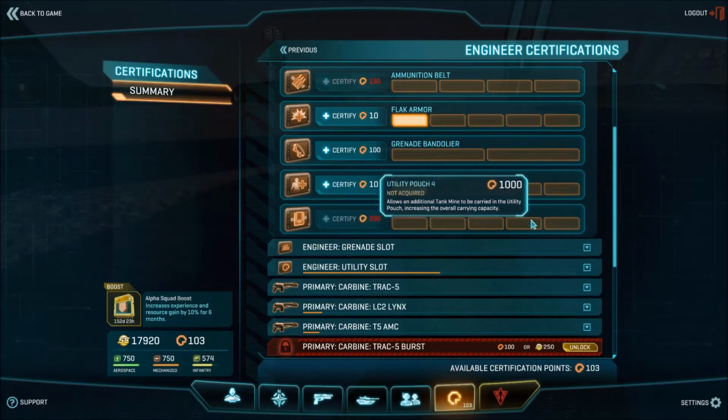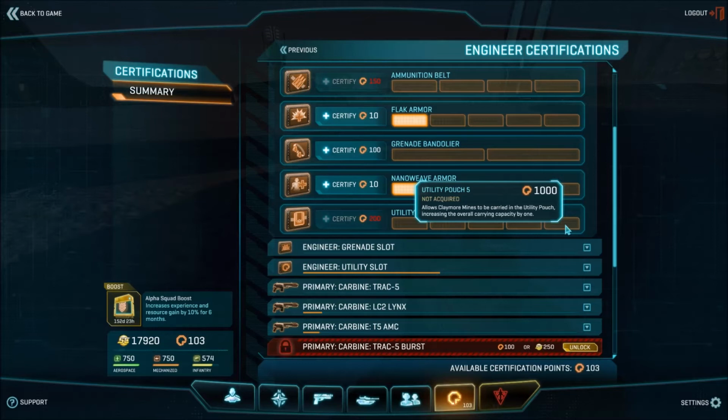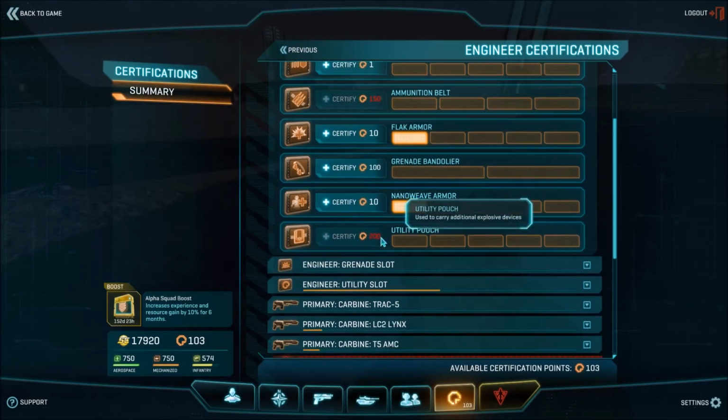However, as you can see and probably know, this thing is hella expensive cert-wise, for the fact that you can carry mines there. For example, you need this last one to be able to carry claymore mines in it. It does increase the carrying capacity of the mines as well though. So keep that in mind, you can carry a lot of bloody mines with this thing. But that's about it. I suggest going this way eventually,